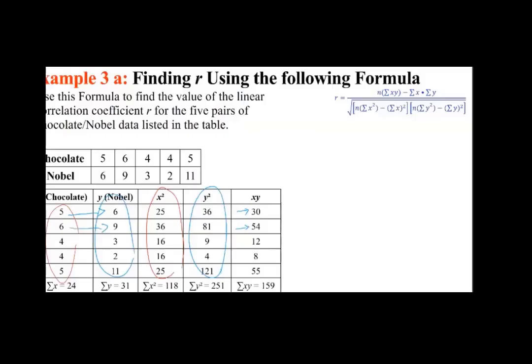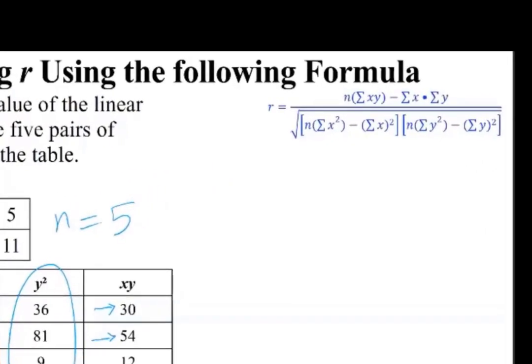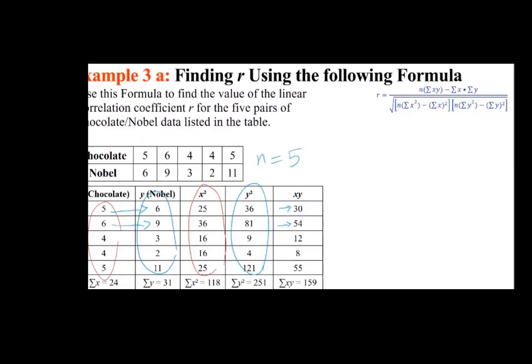Now look at the top formula in blue. You have everything. n being the number 5. Just plug in 5 times summation of xy, which is 159, minus summation of x, which is 24, times summation of y, which is 31, over the square root of, n is 5 times summation of x squared, which is 118, minus summation of x, which is 24, squared. You close the brackets, and then new brackets, n is 5 times summation of y squared, which is 251, minus summation of y, which is 31, squared. Do the math, you come up with the answer,